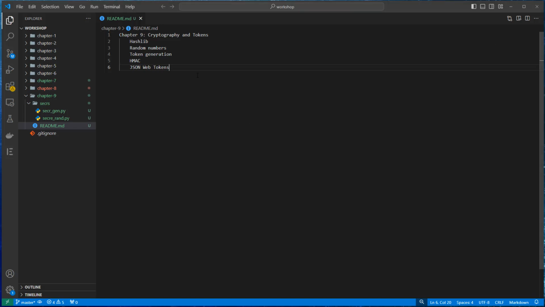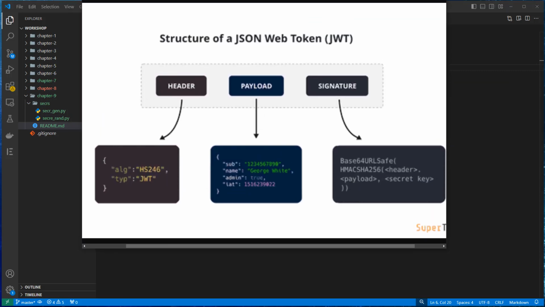Now let's talk about JSON Web Tokens. A JSON Web Token, or a JWT, is a JSON-based open standard for creating tokens that share some number of claims. You can learn all about this technology on the jwt.io website, but in a nutshell, this type of token is comprised